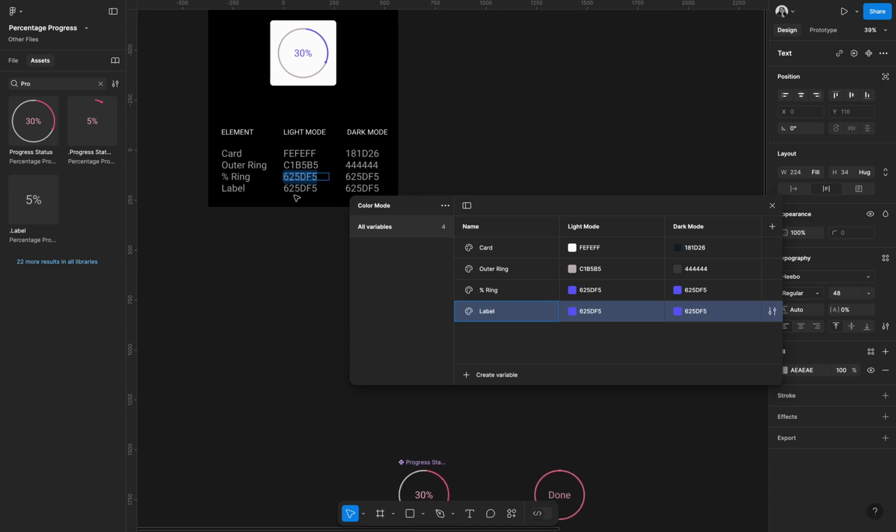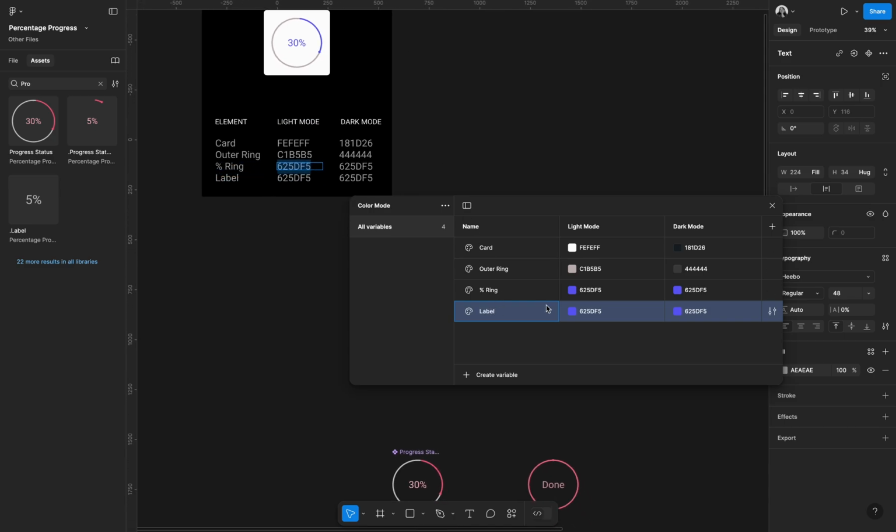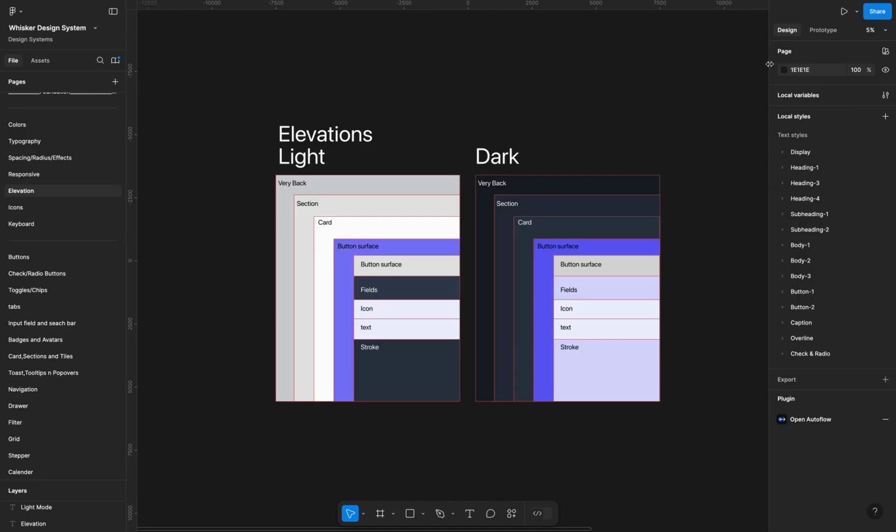So if you have observed that my percentage ring and the label dark mode light mode color is the same, this is because I have designed my design system in a way that the primary color works so fluently on the dark mode and the light mode. I have seen that of course the dark mode is currently on the trend, so whenever we use our primary color, we needed to shift the primary color in the dark mode a little bit, make it brighter or adjust it a little bit, but I don't want to do that,